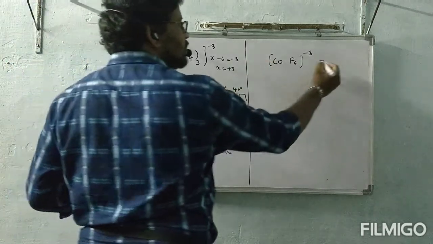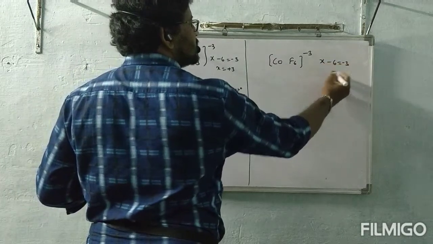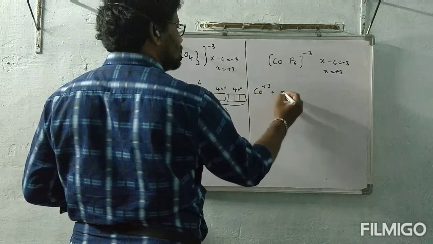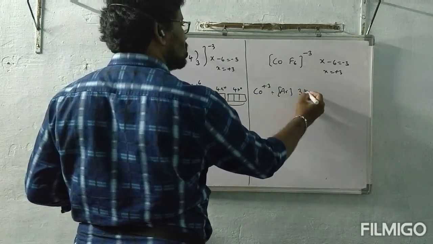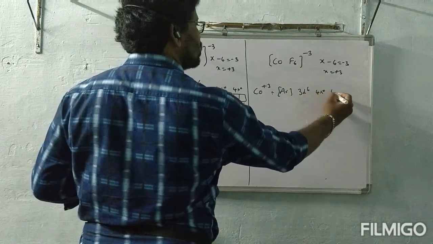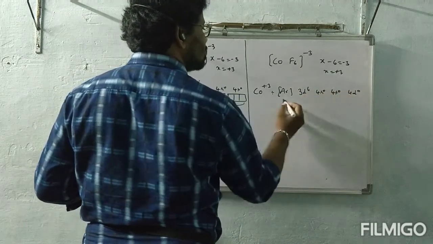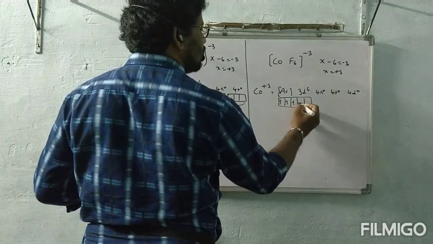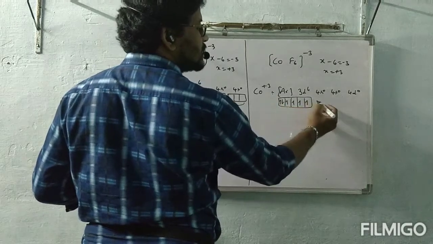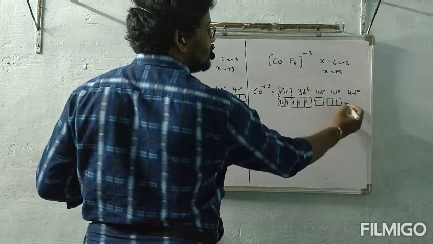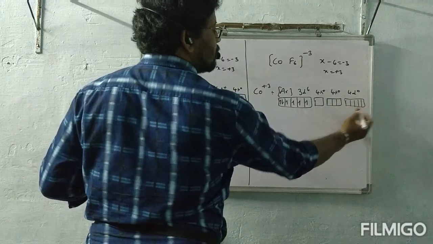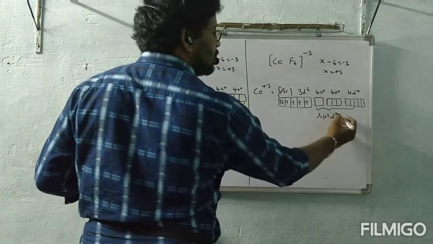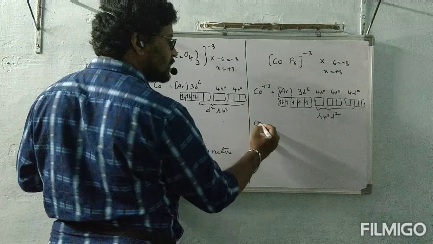Okay, now coming to this one, here also x minus 6 is equal to minus 3, x is equal to plus 3. So the charge present on cobalt is plus 3. Then the configuration, argon 3d6, 4s0, 4p0, 4d0. Here Hund's rule is followed, 1, 2, 3, 4, 5, 6 as it is. Inner orbitals are not available for hybridization. Then it will use sp3d2. sp3d2 hybridization means the same octahedral only,